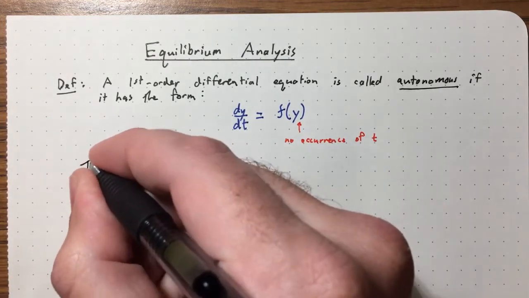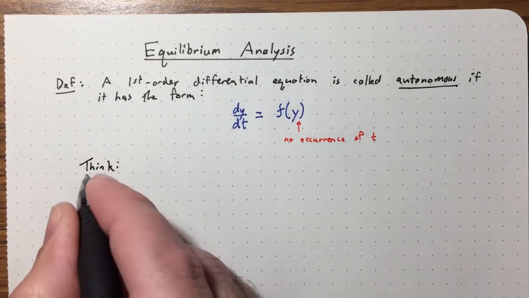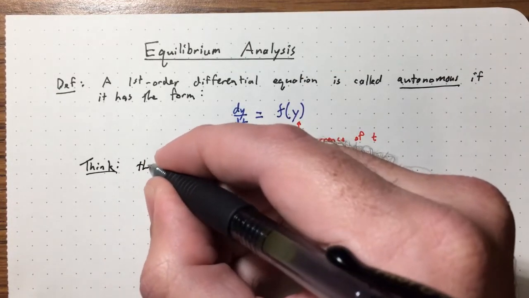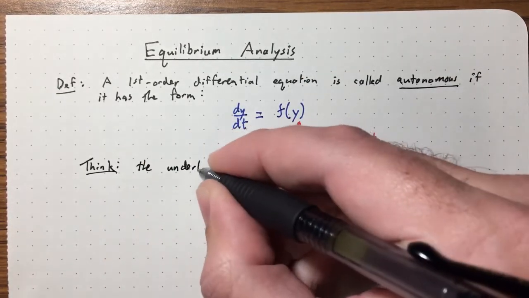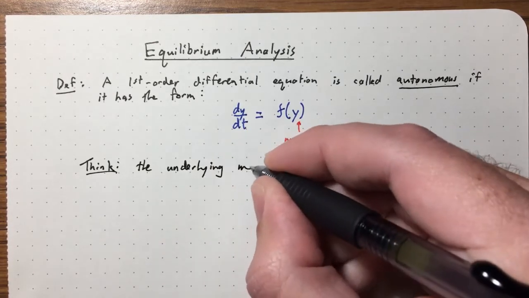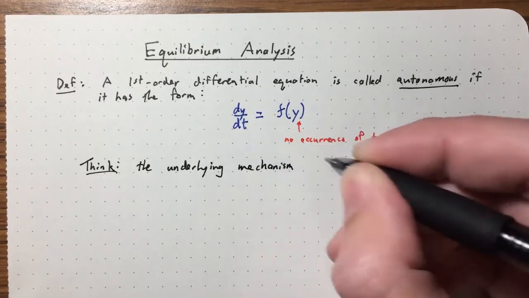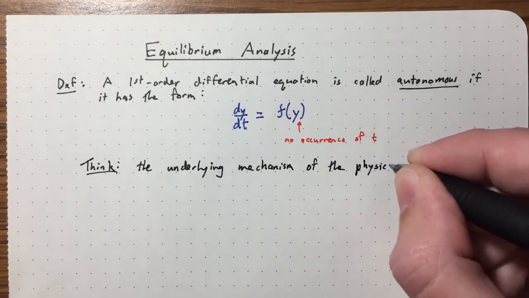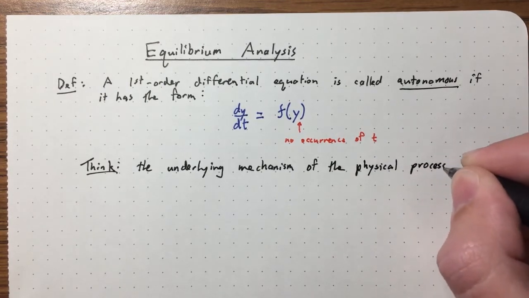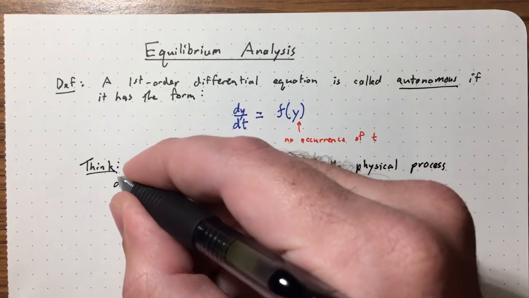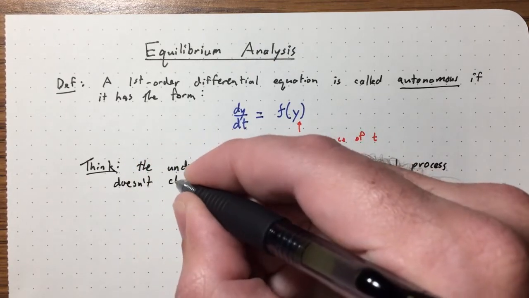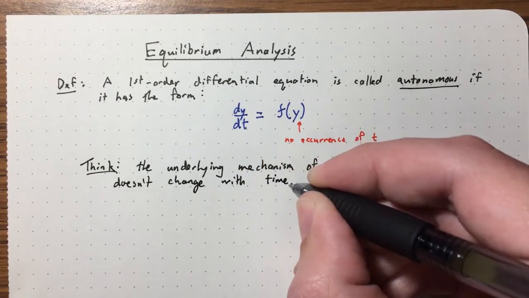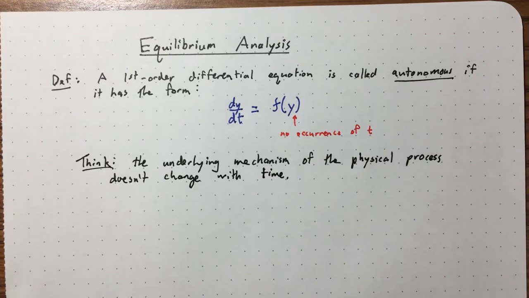So the way to think about this is that a differential equation is autonomous if the underlying mechanism of the physical process doesn't change with time. Okay. So at least the mechanism is the same, no matter whether we look at it on a Monday or